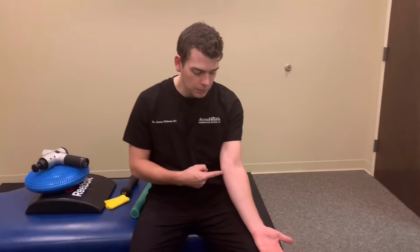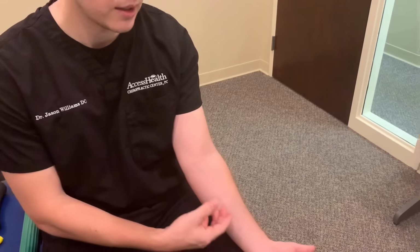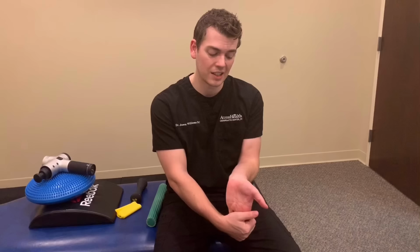Doesn't happen with only tennis. Happens a lot with like swinging hammers, stuff like that. Golfer's elbow, that's going to happen on the inside of the arm, okay? Typically pinpoint pain right here, but pain throughout this area of the forearm, pain with wrist flexion, so bringing your wrist up like this, and then when you stretch that like this, can produce some pain in that area too,